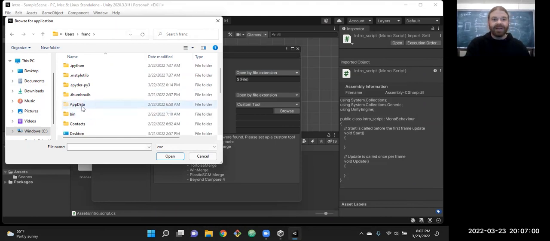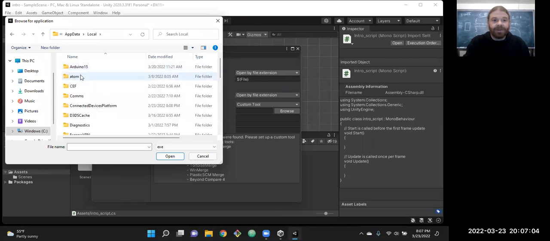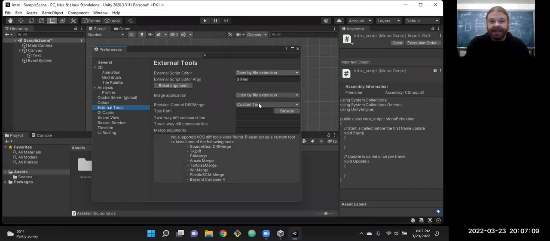App data is a normally hidden folder. So if you go in there and under local, there's Atom. And you just point to that exe. And now it should be set so that it'll open with whatever text editor you want.